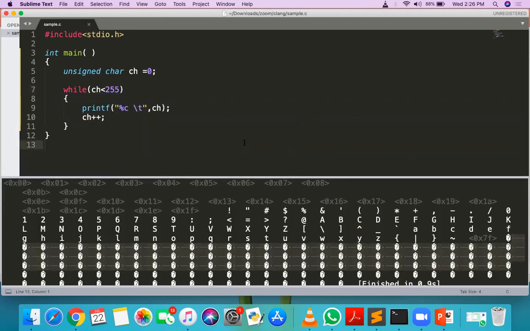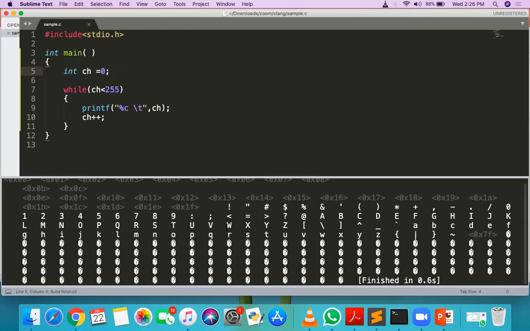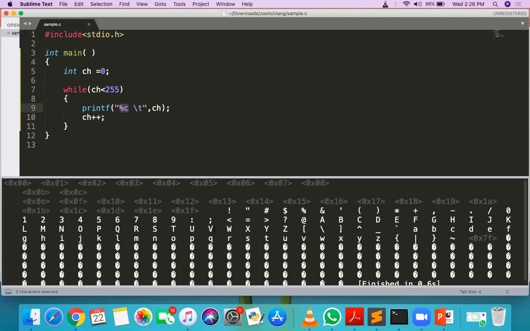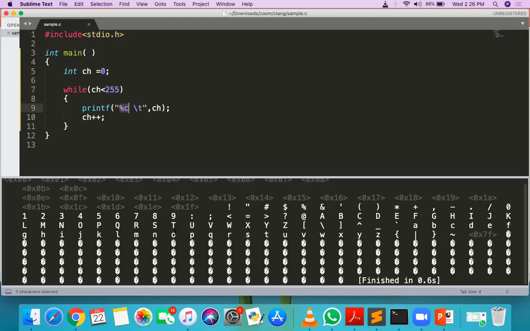You can also give an integer, some value like int i. Yes, we can do that, instead of unsigned, if you give only int. Because of this %c that you are using, it will access only the last byte. So it is perfectly valid. Though ch is 4 bytes, 255 is stored at the last byte only, and %c only accesses the last byte of that 4 bytes. So you'll get the same output.